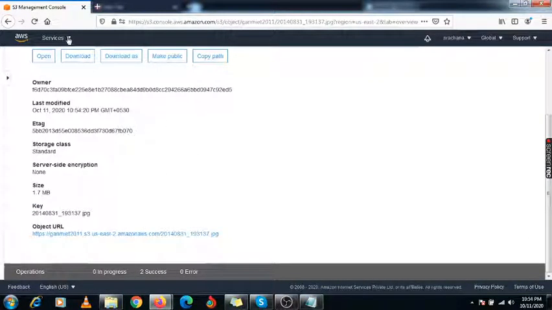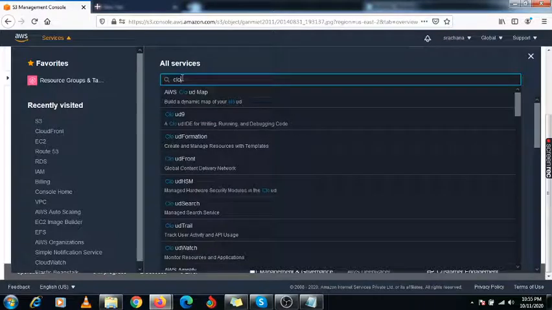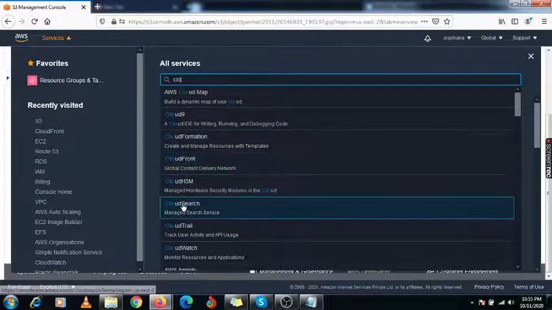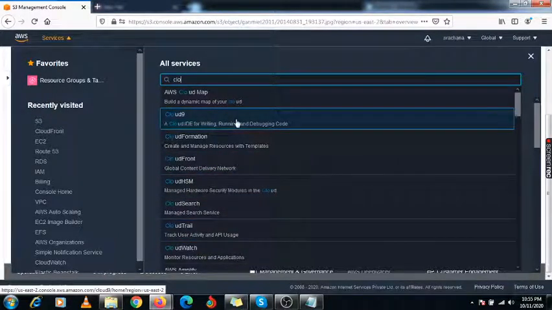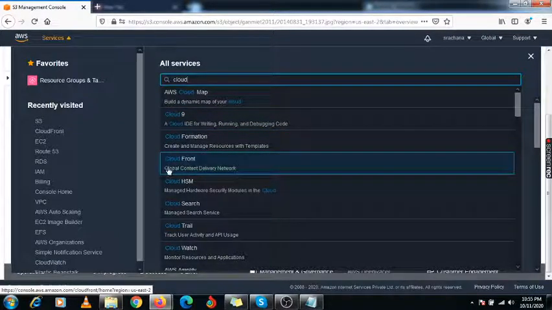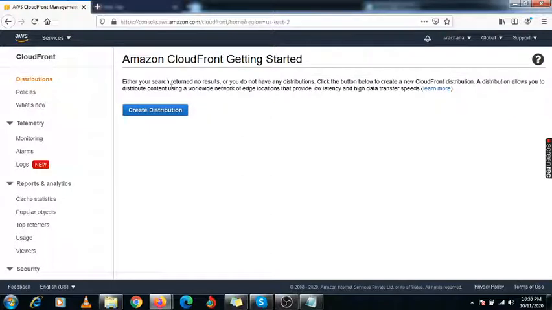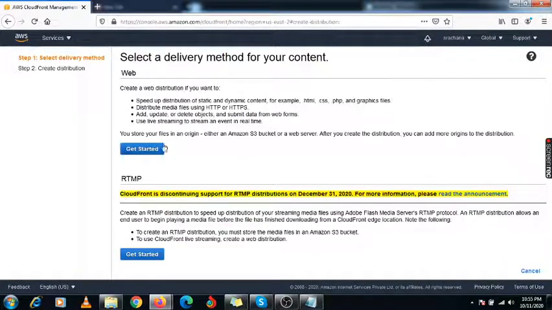Go to Services. You need to search for CloudFront. So here is the option, CloudFront, the global content delivery network. You just click on it. You need to create one distribution here. Here you will get two options. First is Web, and